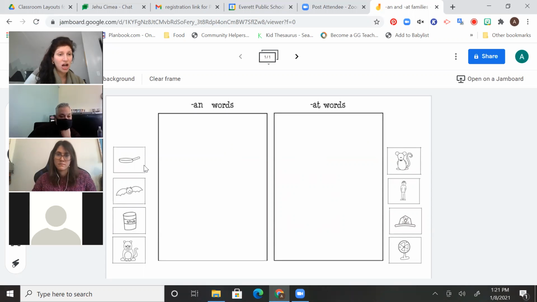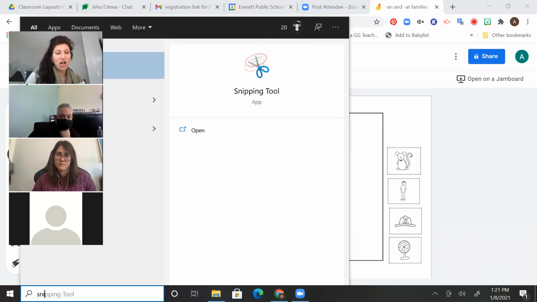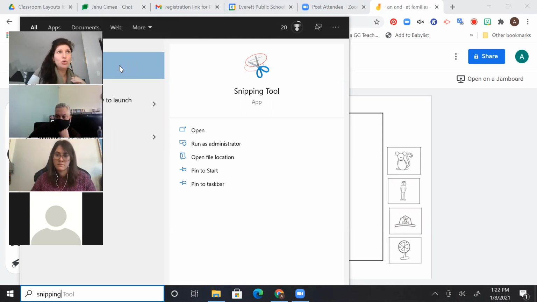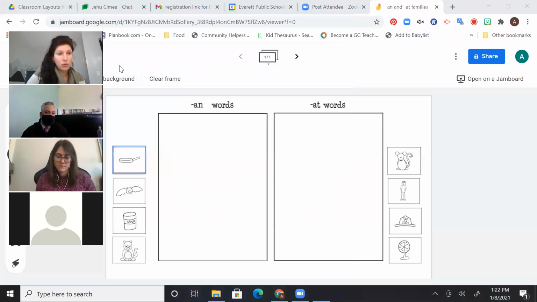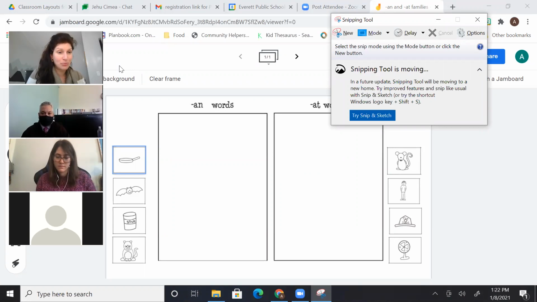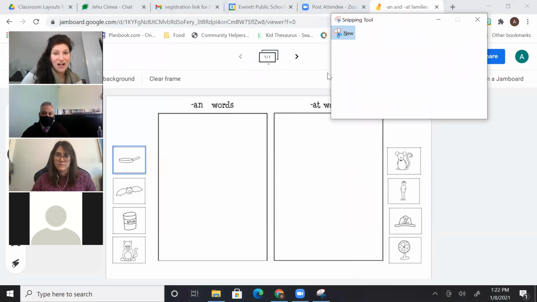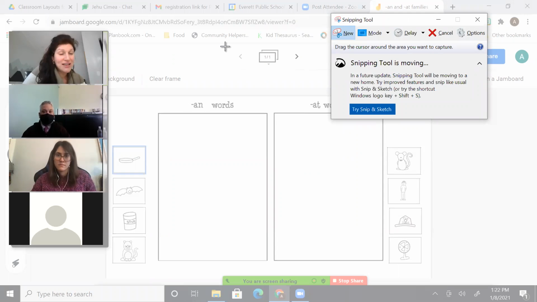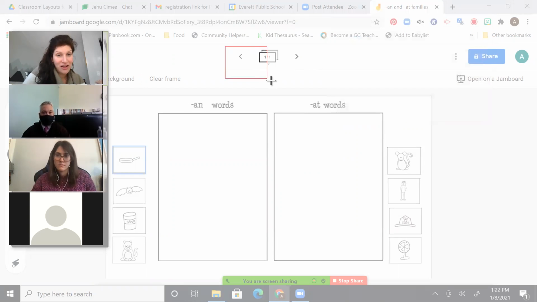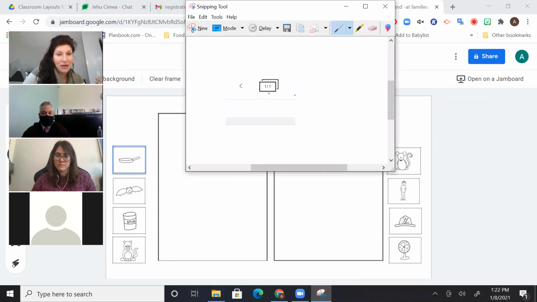I copied and pasted these pictures from a worksheet as separate images. So I went down here to my snip tool, and there is also a similar tool on the MacBooks. I'm not sure what it's called, and I can't remember the key code to access it, but if you Google snipping tool MacBook, it will tell you what keyboard shortcut to press to open this kind of thing up. And I just went up here to snip, and I clicked new, and then I could basically just take a picture of my screen. So for example, I had a worksheet available,